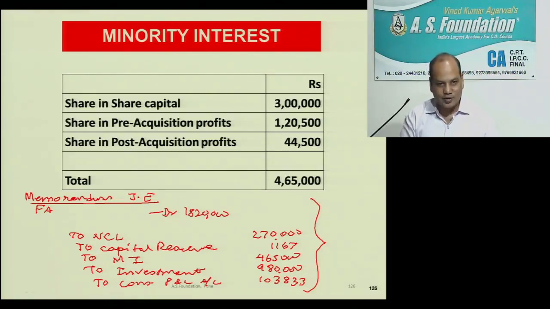Both sides, or only the asset side you have taken as total because there was only one figure? Yes or no? Otherwise some students just add the fixed asset because there is only one item and say this is the total. I want you to also do the liability side. But do not add the preliminary expense of both companies. Have I written preliminary expense in this journal entry? Only what I have written, that much effect you have to give. What is not written, if you add that also, your balance sheet will not tally.